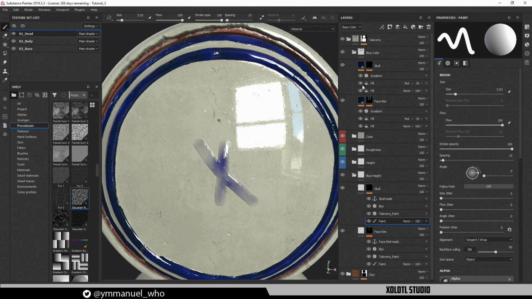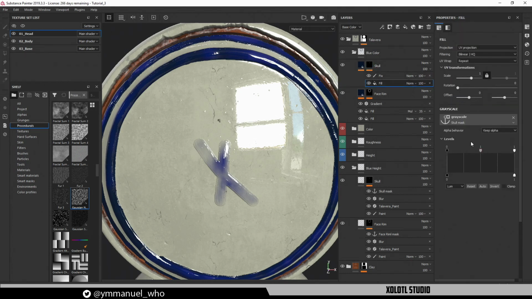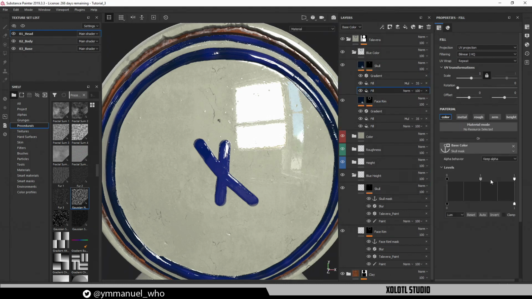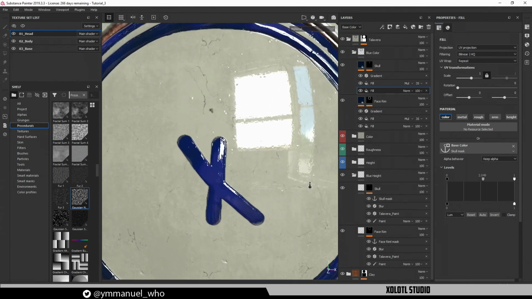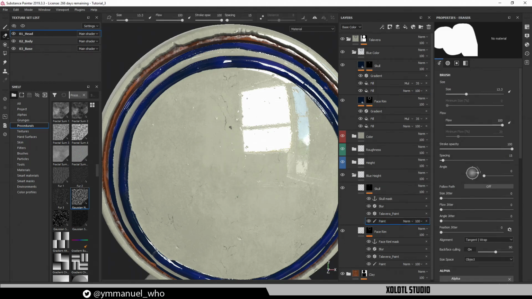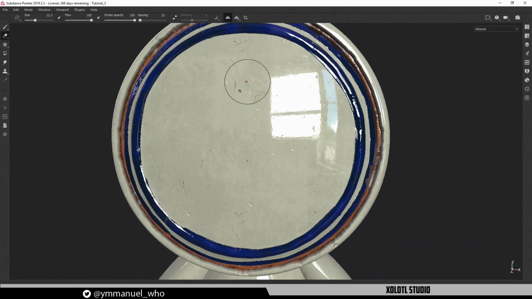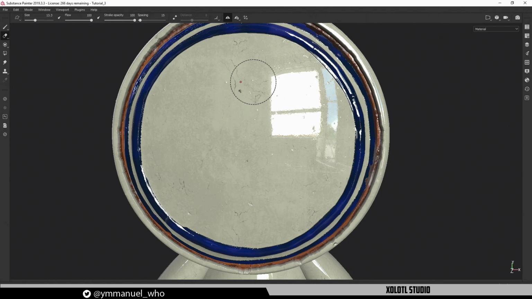It looks like this because sometimes these levels will break. We need again to increase the contrast, and probably we need to do the same here. Okay, now we can do this. Then probably add symmetry and